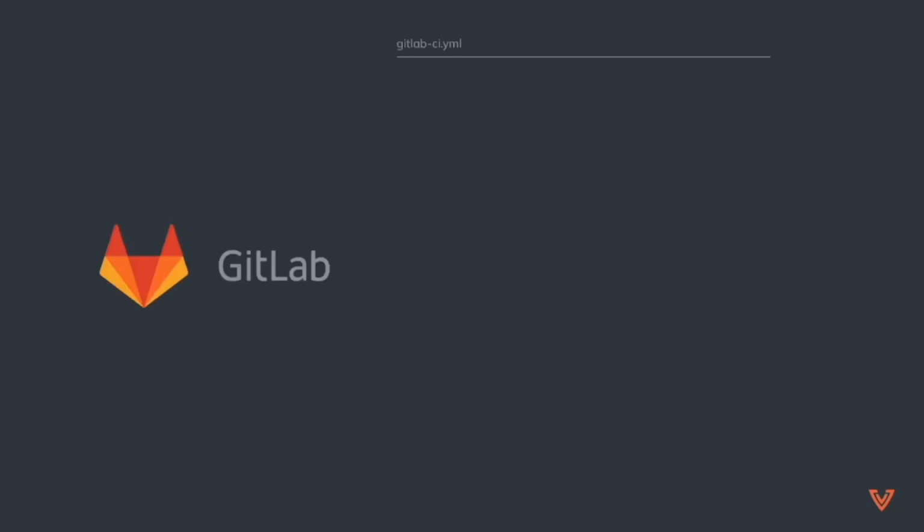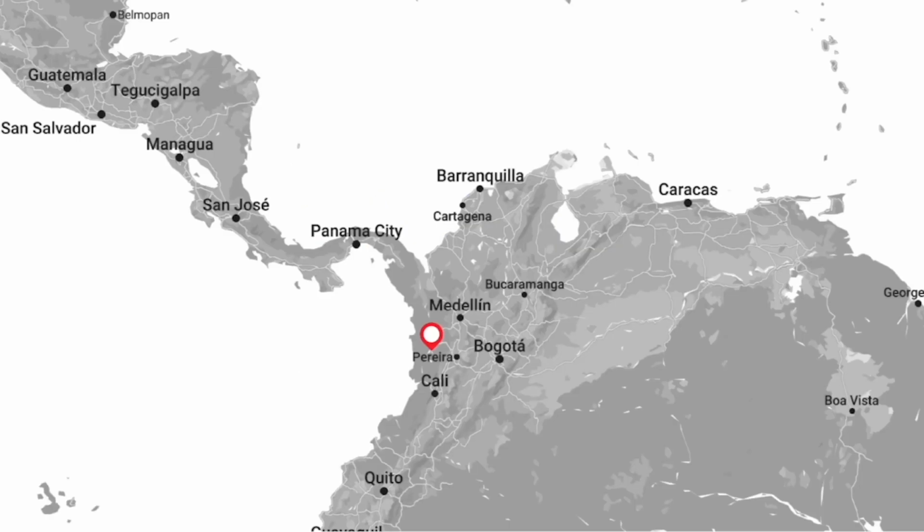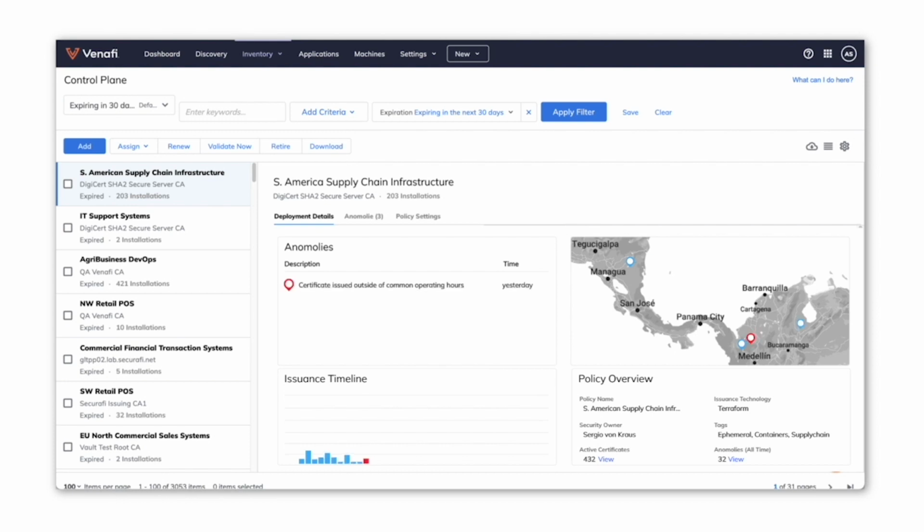Now consider that another service with similar requirements is deployed through the same process that we walked through, but using GitLab. Notice, in this case, the machine identity is not configured for single use. Instead, it is configured to use the default policy, clearly not compliant with the intended behavior for the service. As soon as that machine identity gets issued and is provisioned, an anomaly is flagged. There are other anomalies that start popping up as other non-compliant services come online.